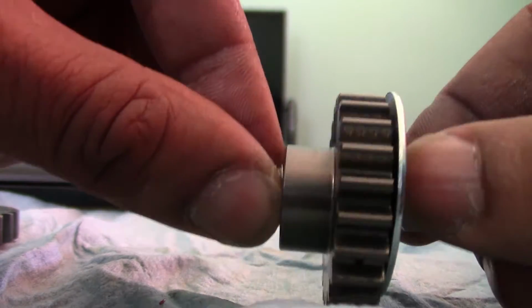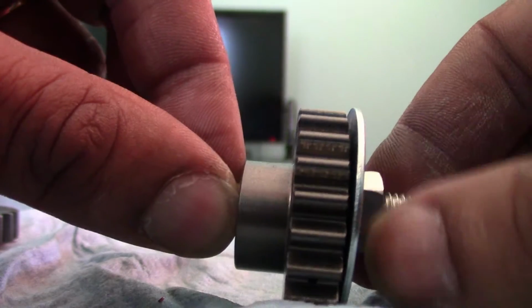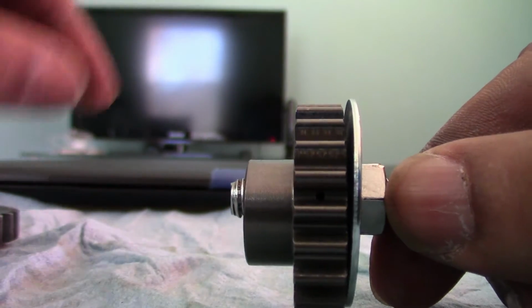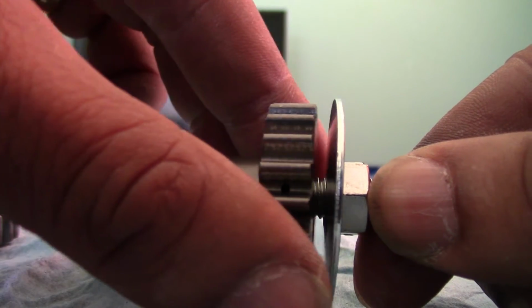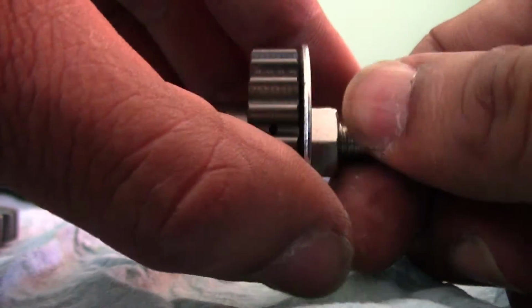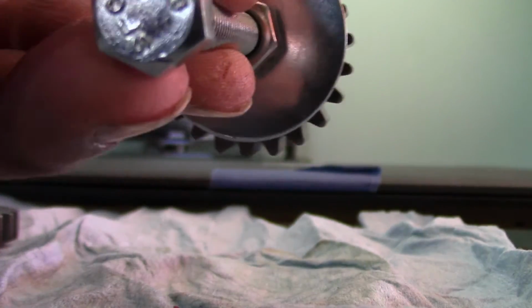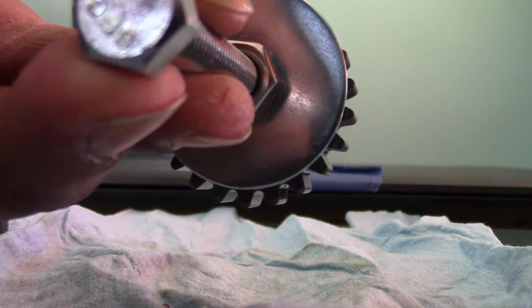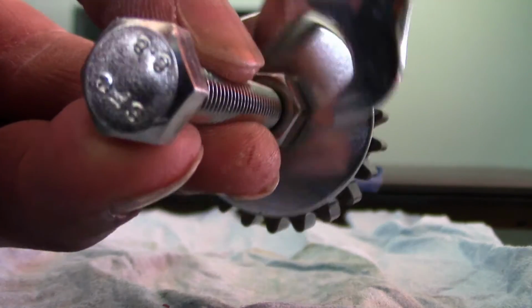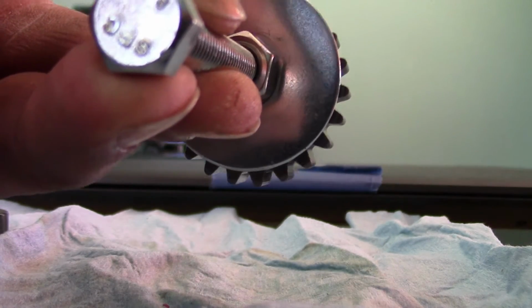and I torqued it down that way with the wrench like I was just showing you, and then you can see it's pushing the sprocket onto that shaft, right? So in the bike it looks like that. And obviously,